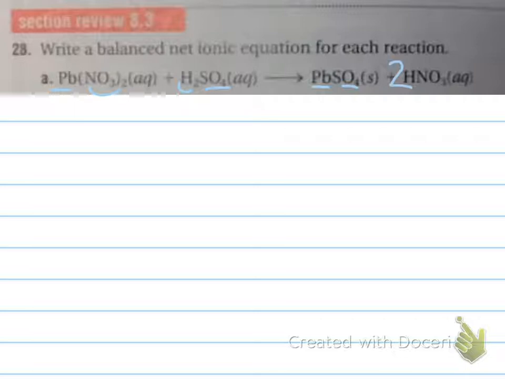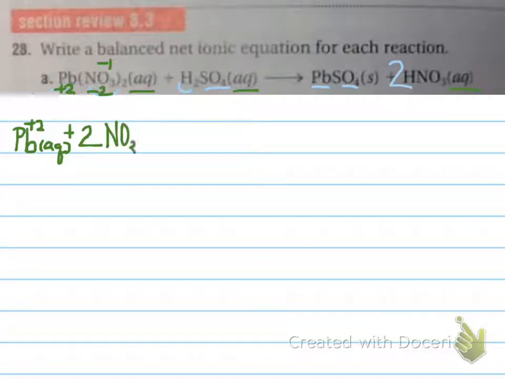Okay, so then remember our next step is anything that is in the aqueous state of matter, I'm going to break up into its ions. So I have to figure out what charge this lead had. Nitrate has a charge of -1. There's 2 of them, so that's a total negative charge of -2, so this has to be a lead with a +2. So I have Pb +2 aqueous, plus 2, because of the subscript of 2 on nitrate, NO3